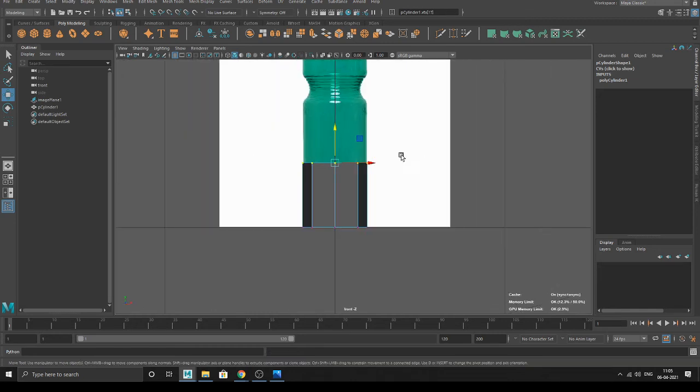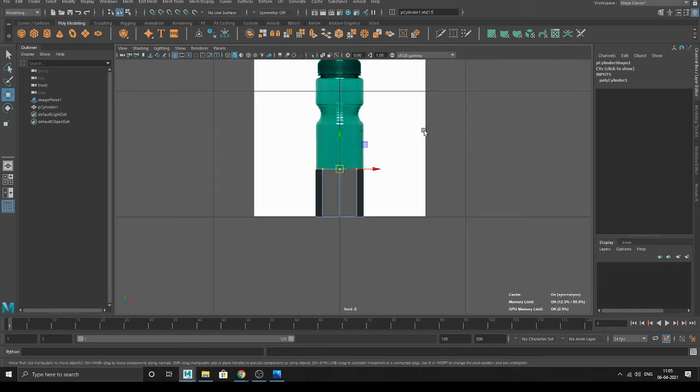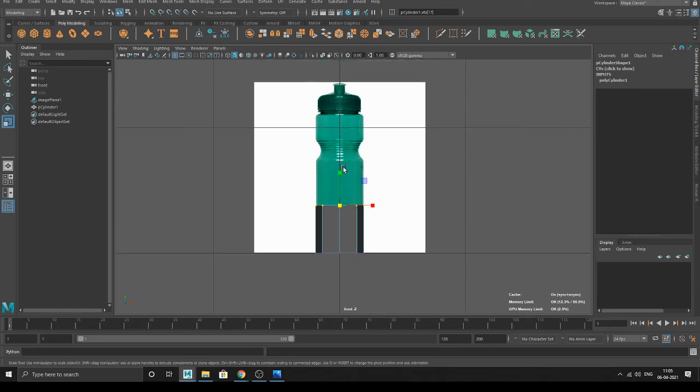So now, with the help of the scale tool or move tool, how can I take it above? How can I increase the size? No, how can I move it? With the help of the move tool. I've selected this now. Yeah, the selected part will come up, not the full. Okay, now yeah, this is the height. Okay, we match the height.